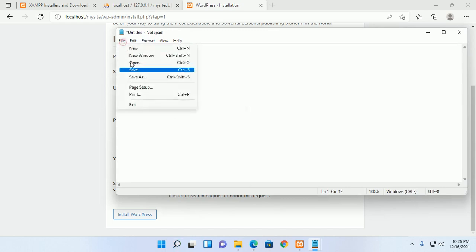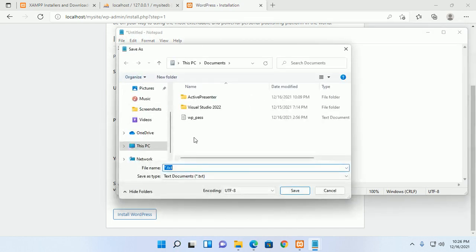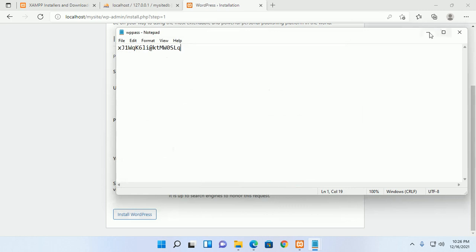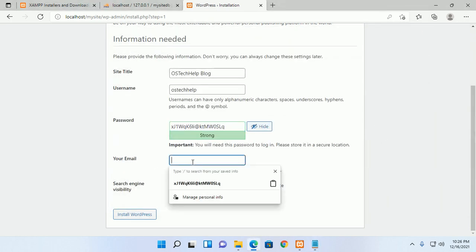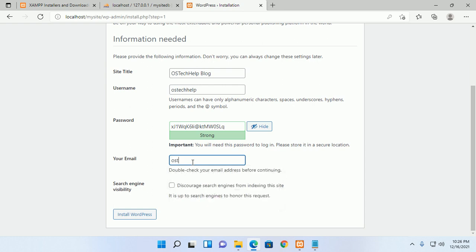Store this password. Okay, now enter your email address. Okay,